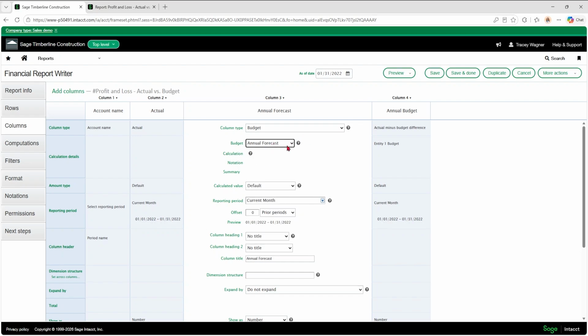So I just need to change that to annual budget so I know that it's going to pull the correct budget. For this report, that's usually the biggest issue: you just haven't selected the correct budget to show on this report. And that's an easy fix. That's all you have to do to fix that. I'm going to cancel out of that.